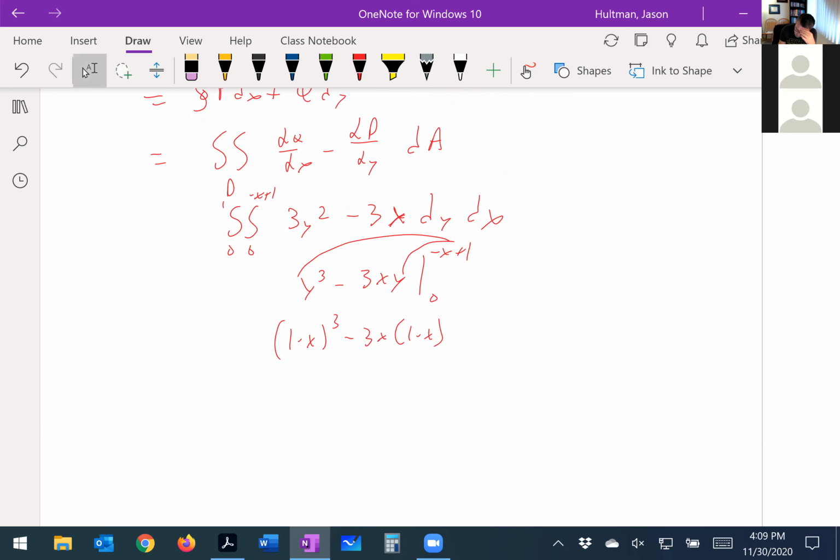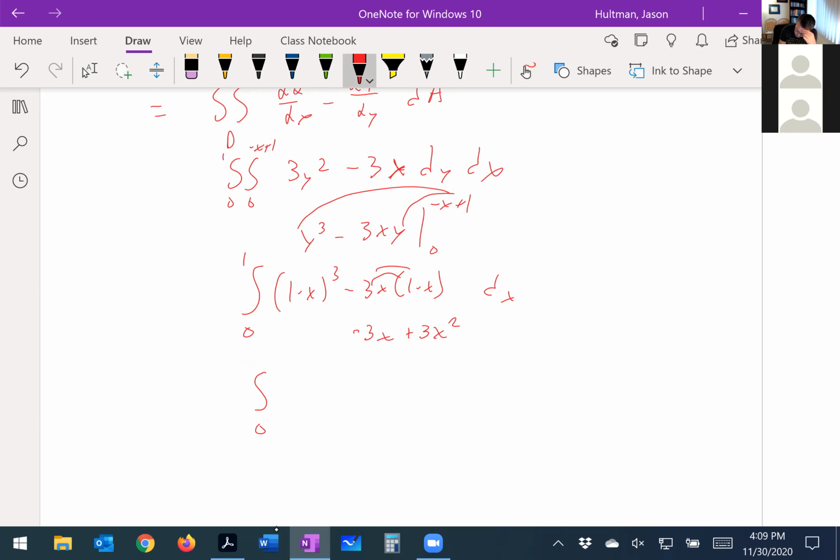So now I want to integrate this from 0 to 1 dx. Now I can multiply it all out if I wanted to, or I could use some u subs. It really doesn't matter either way. So I'm going to multiply this out. This is minus 3x, or plus 3x squared, right? So maybe I'll break it up like this: 0 to 1, 1 minus x cubed,